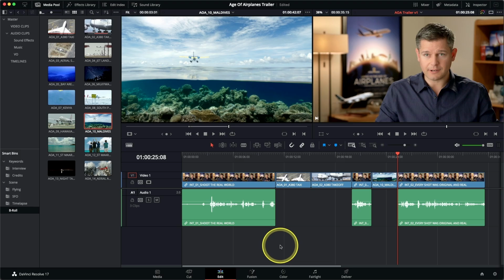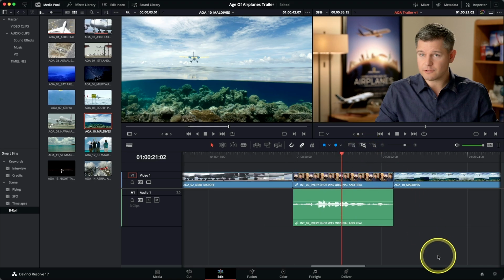So now that we've looked at how to adjust the timeline zoom level so that you can comfortably view the timeline depending on what you need to do, let's look at how we can remove some of these clips and start to refine the edit a little bit further. To begin with, you might want to remove just a simple portion of a clip. For example, you might want to remove the video or audio part of a clip. If I concentrate on this middle interview here,